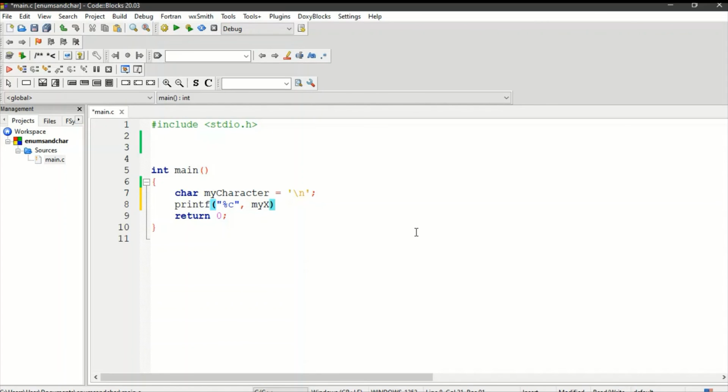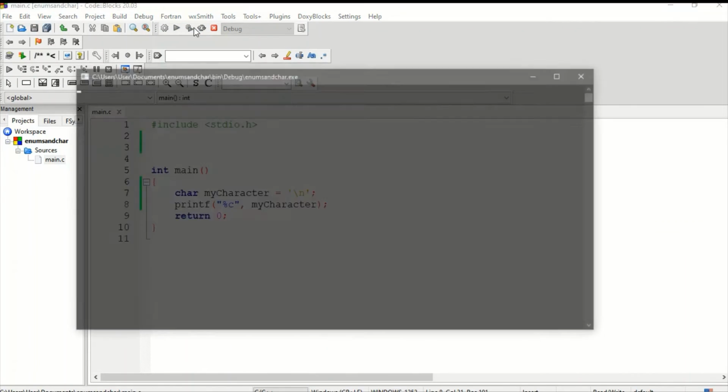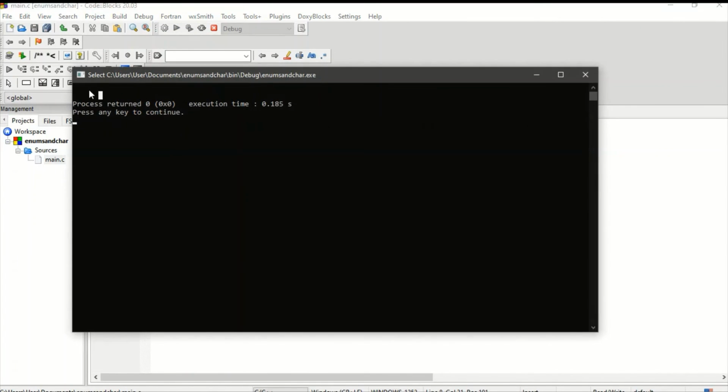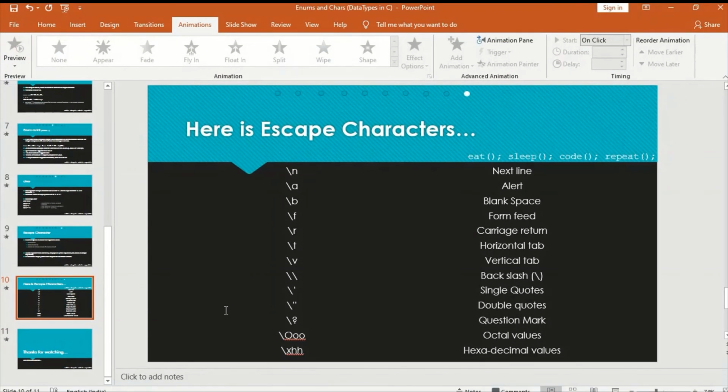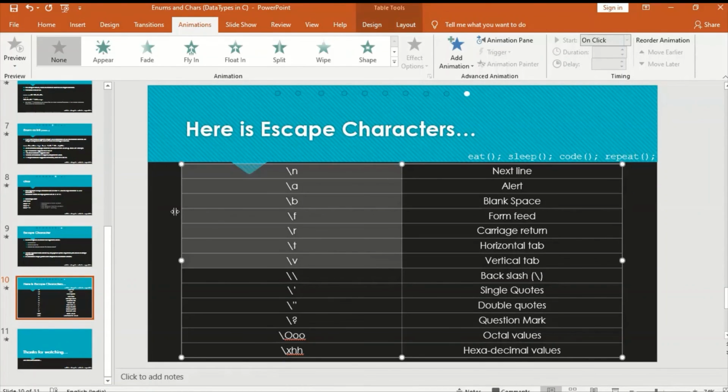Okay, now let us build and run. We have an error. Yes, we haven't put a semicolon. So now we have two lines, one is the first line and the next line has step 2. Is that clear? So this is what we have as enum and char and some escape characters. Also we can use all these escape characters too.